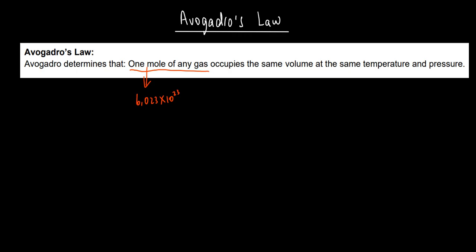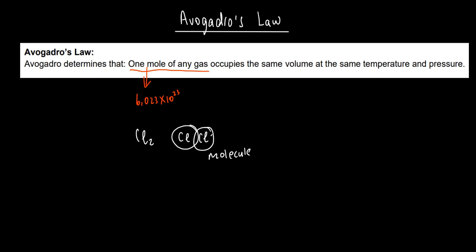So when I say 1 mole of any gas, what I mean is that 6,023 times 10 to the power 23 particles of any gas, meaning molecules, because a gas usually is a molecule. For example, we talk about chlorine gas, which is Cl bonded to Cl. This we call a molecule, right? So we are saying that 6,023 times 10 to the power 23 molecules of chlorine